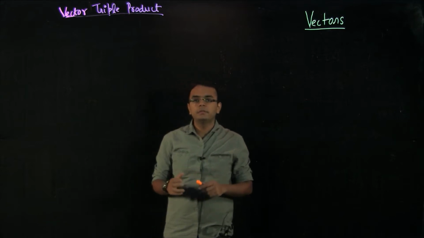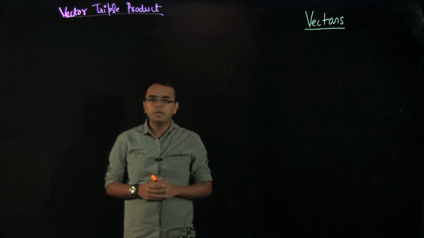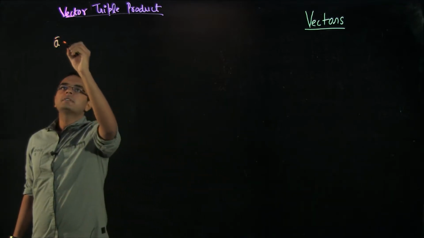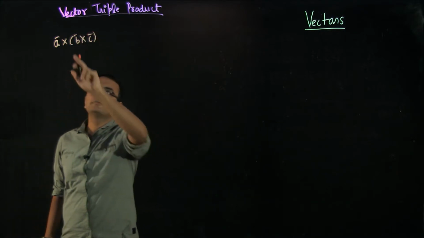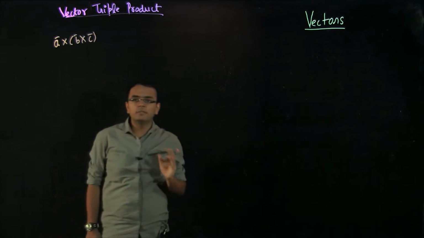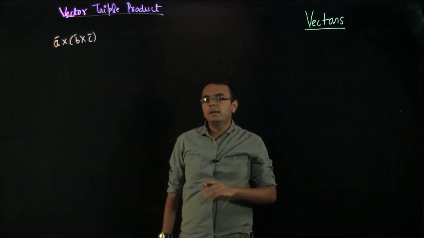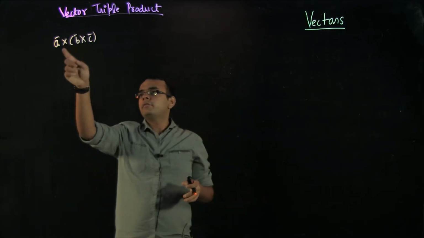Hi everyone, in this video we will be talking about vector triple product again, which is a very important topic for JEE. So let us start by talking about vector triple product. We had discussed this very briefly: it is a valid operation for vectors. In a vector triple product there will be three vectors A, B and C, and the output is a vector, and that's why you have two cross signs.